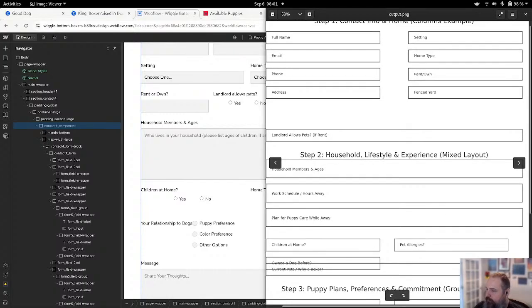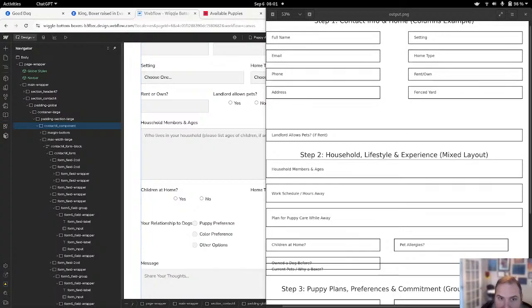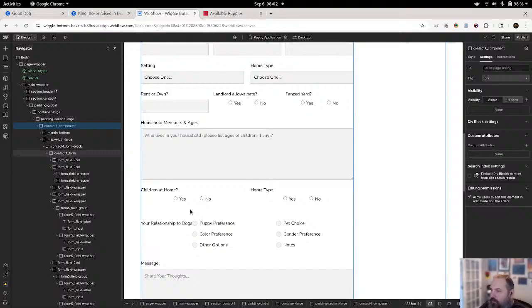What's next? And then the next one's going to be a toggle off on its own.